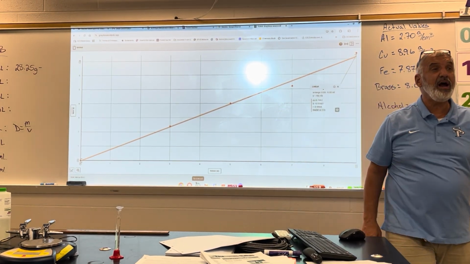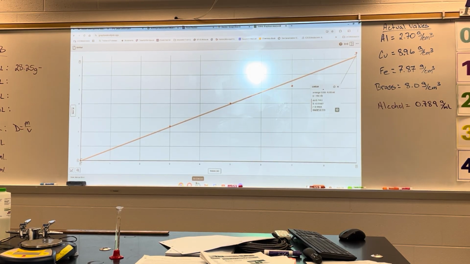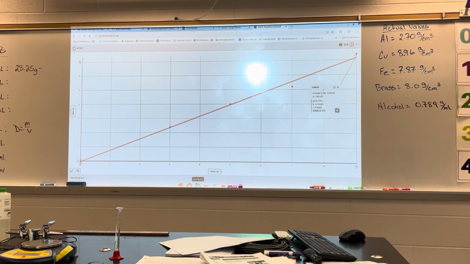I want to compare how the computer graph looks to your own graph, and how your slope compares to the computer slope. Because we had to eyeball some stuff on our best fit line, whereas the computer's got